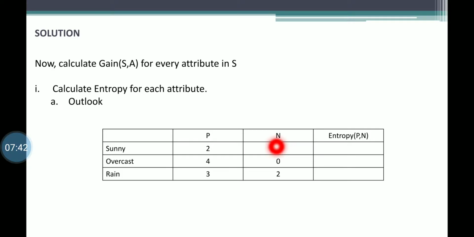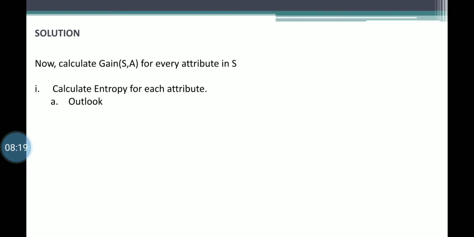And here you can see 2, 3 is there, and 3, 2 is there. Both are the same, right? The left hand side is 2, right hand side is 3, then 3 and 2. You'll be having the same terms, just changing places, because in entropy you have minus P plus log to the base 2 P plus, minus P minus log to the base 2 P minus. You just imagine they are flipped. So whatever value you get here, it will be the same for the last row as well. Only for formality, you can substitute these values for the second go and write the value directly. So for this table, you will require only one calculation.